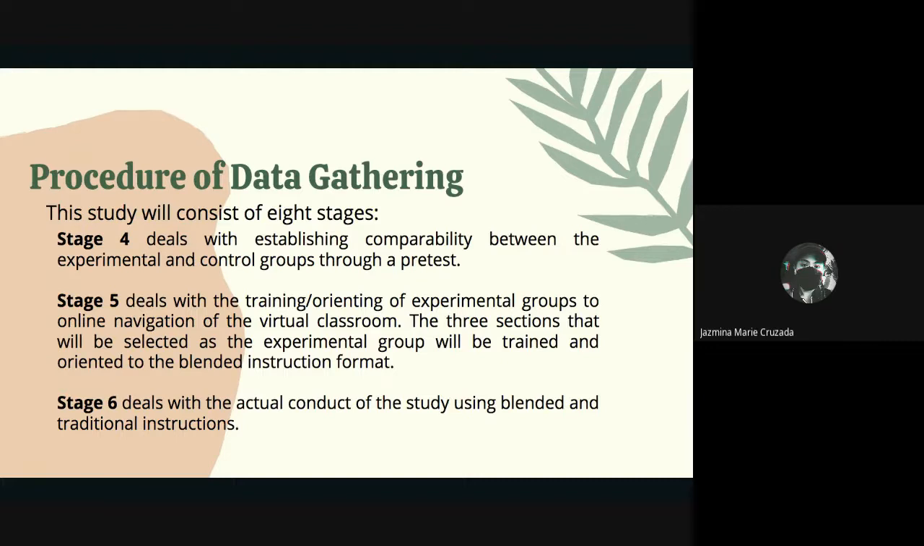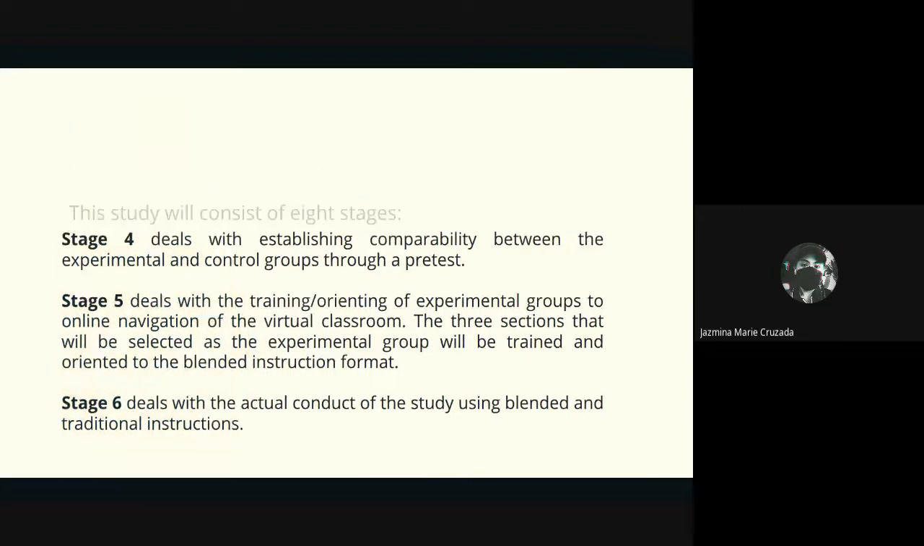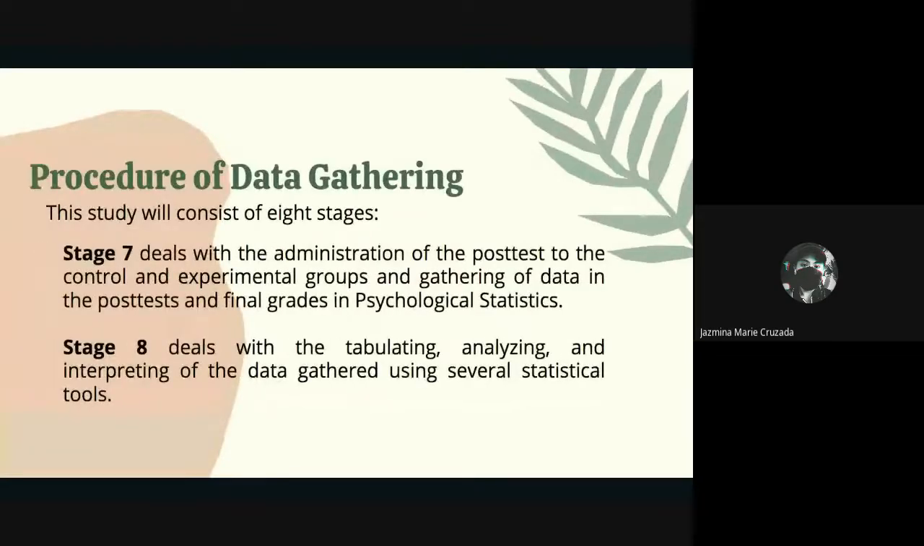So, I guess, next slide will be the last 2 stage. So stage 7 deals with the administration of the post-test to the control and experimental groups and gathering of data in the post-test and final grades in psychological statistics. Stage 8 deals with the tabulating, analyzing, and interpreting of the data gathered using several statistical tools. So, ulitin natin, procedure of data gathering will be the process of how we will be able to gather data or how the study will be